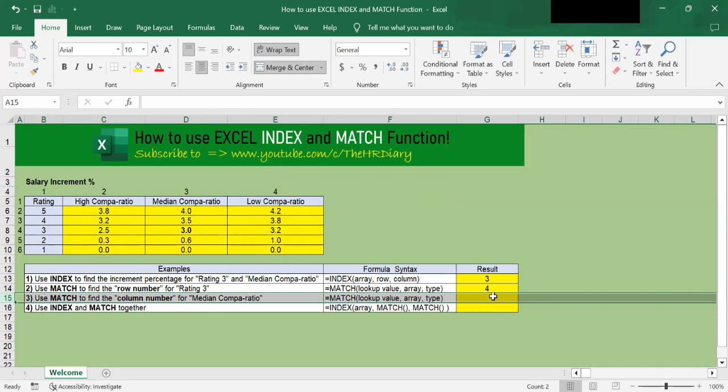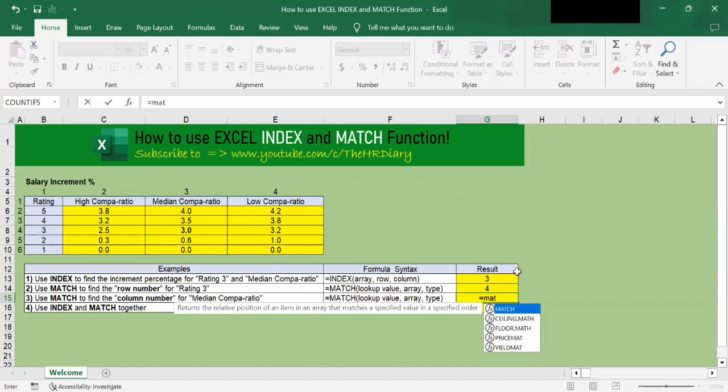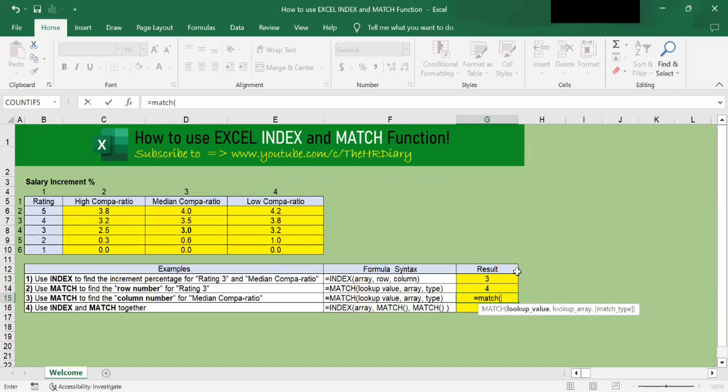So to do this, let's type equals match, open parentheses, and then type this, median compound ratio, right? So you type this and then put the comma